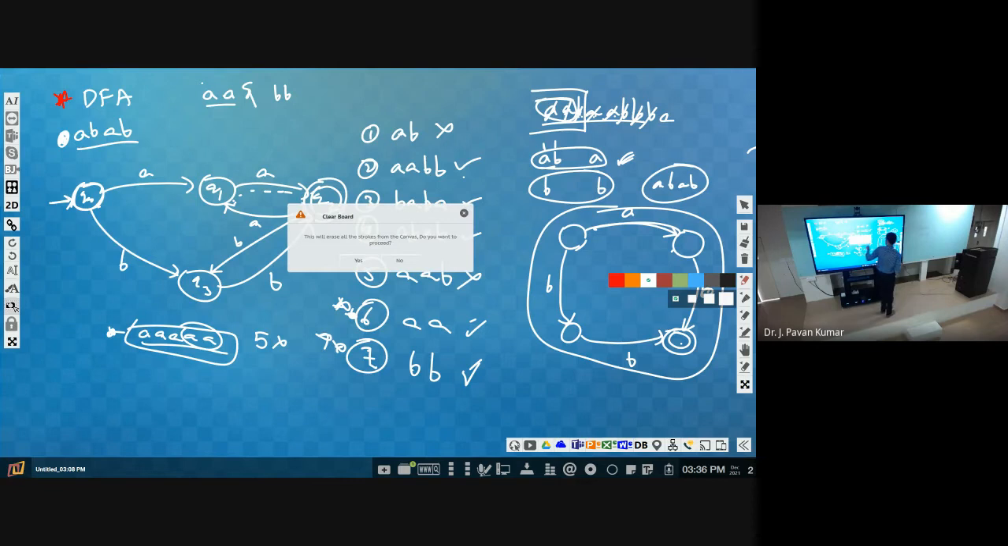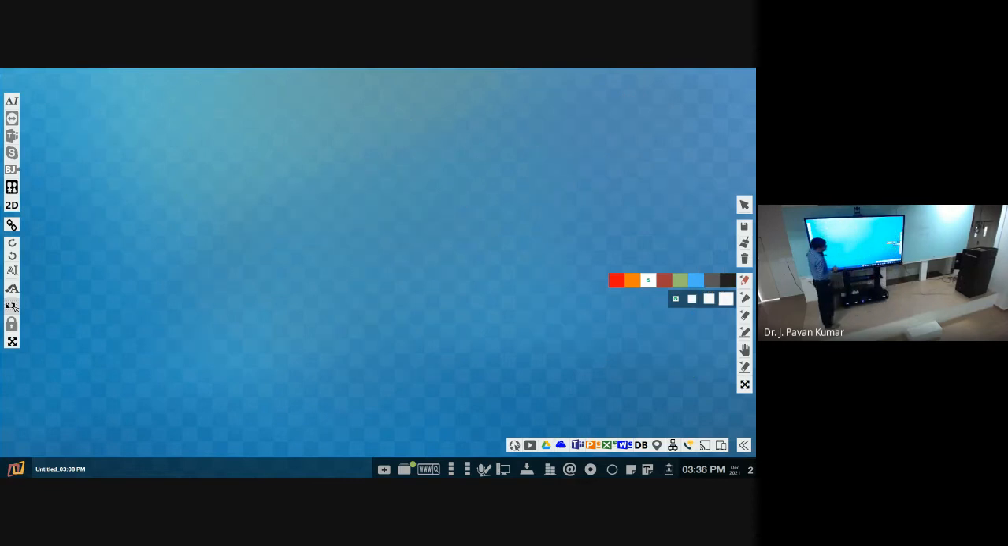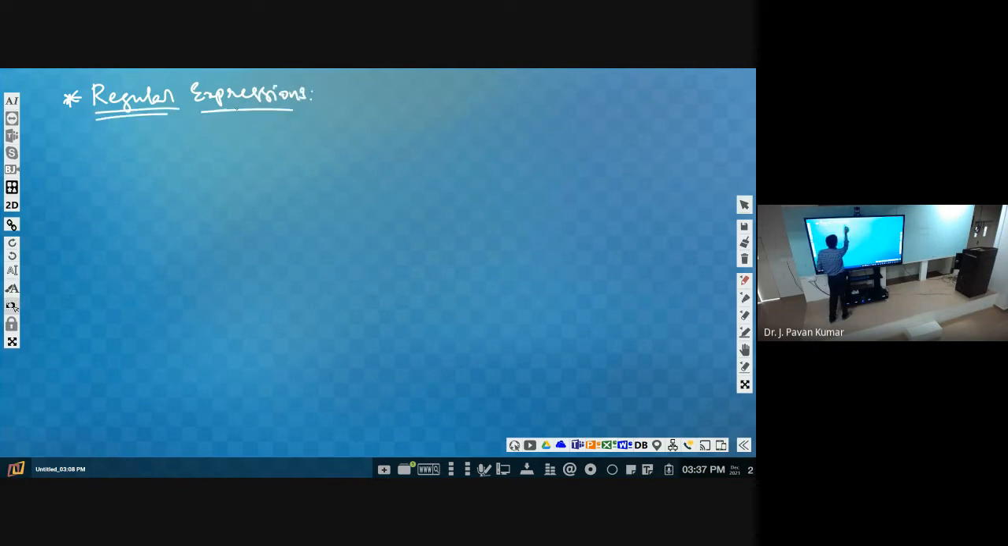Yeah, with this I will stop these DFA examples. Then let us try to discuss one interesting topic called regular expressions. Regular expression in the sense, there will be one format, like you consider AB, or before going to see,